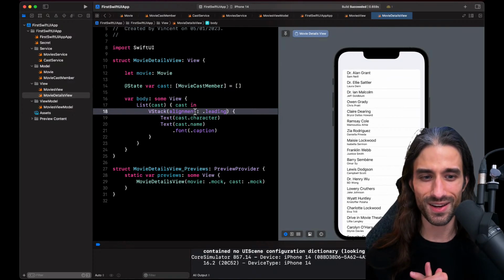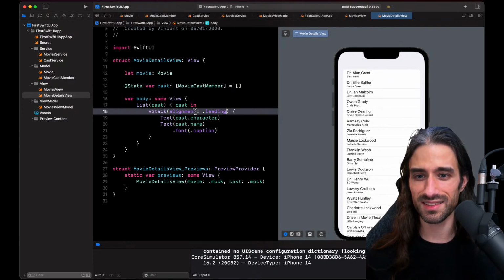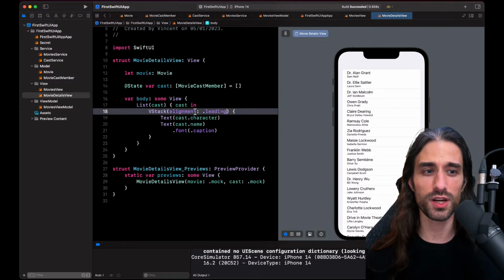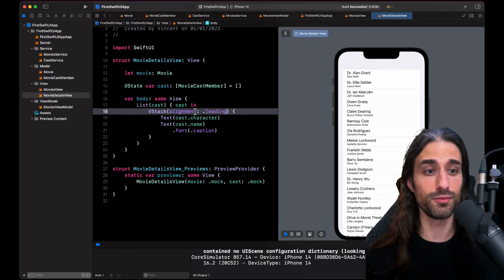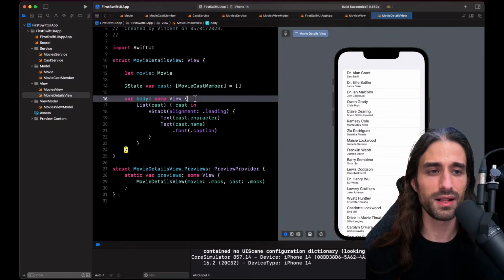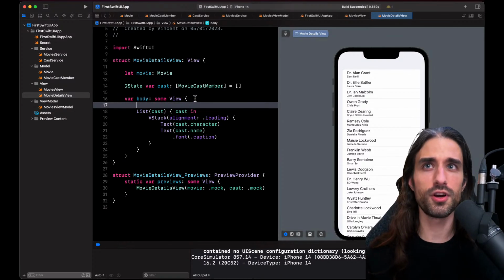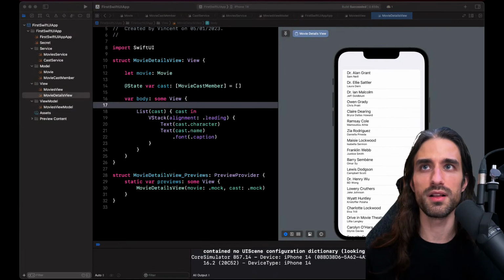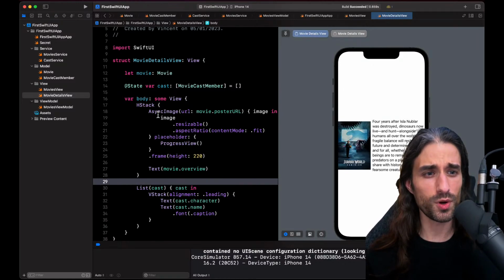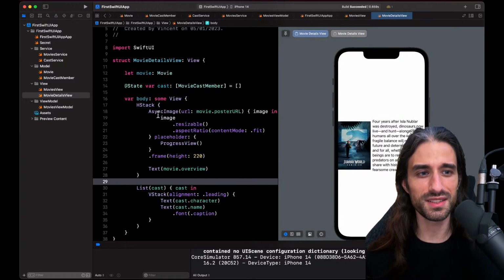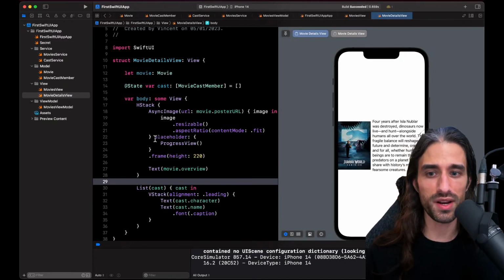Okay. What's the next step? We have this cast member list, but you still want to display some context about what movie it is. So you want to display, again, the poster and the title of the movie, etc. I'm going to copy paste the code, but it's going to be an H tag like that. But the question is, where do I put this H tag? I would like to have it in a header of the list. And right now, that's not the case.